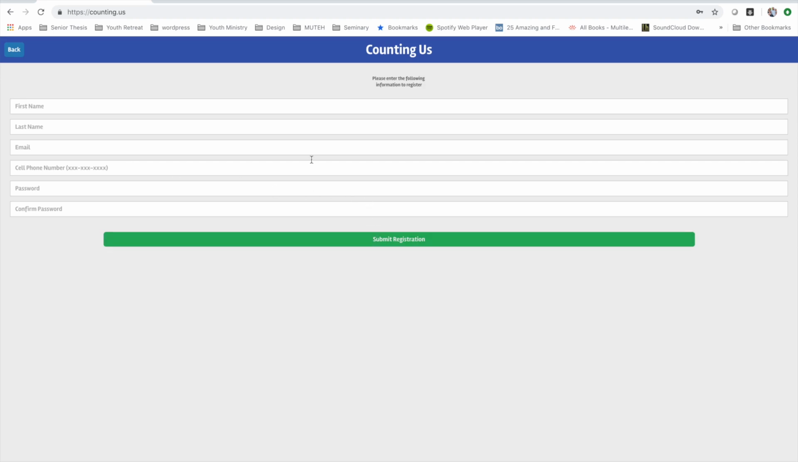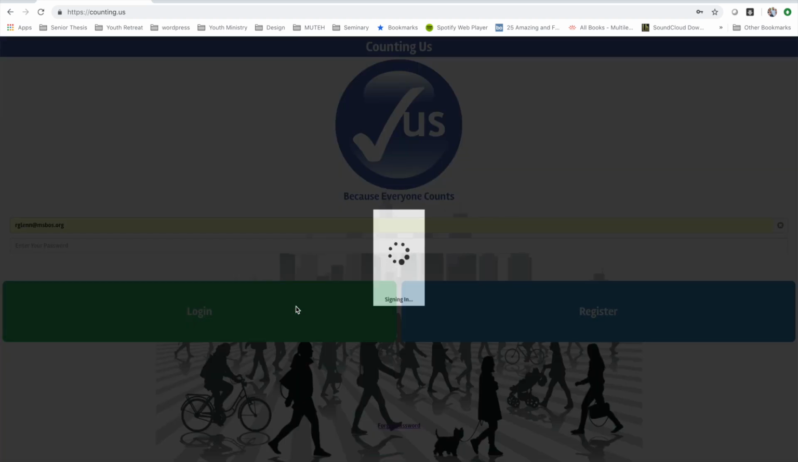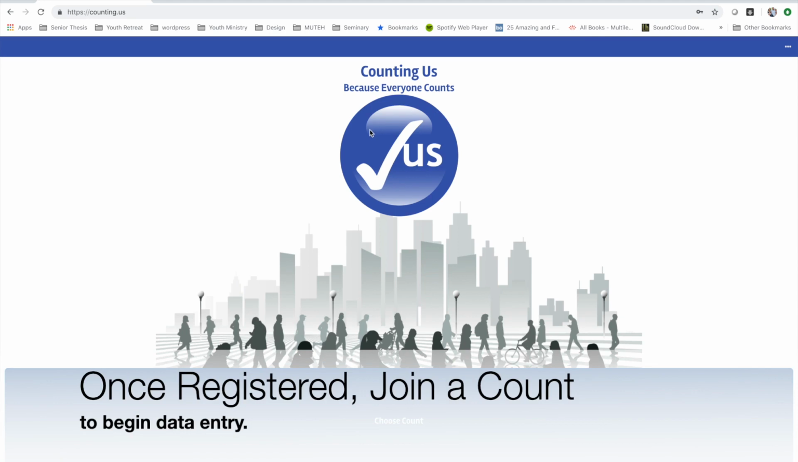Now, for the purposes of this demo, I have already created a registration. But once you have submitted registration, then you'll be able to go back and log in. And I'm going to go ahead and do that. Log in. All right. So once you've logged in, you should see the screen that basically tells you to first choose a